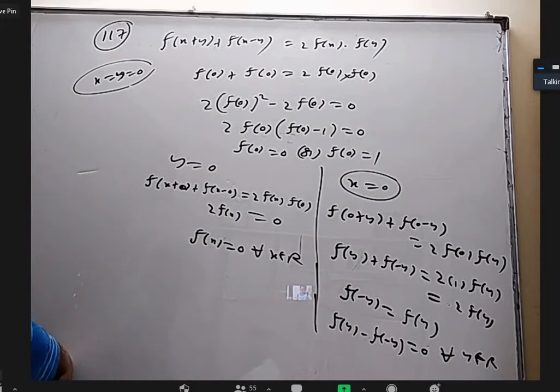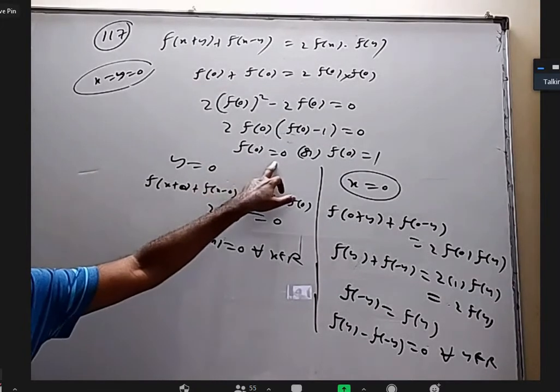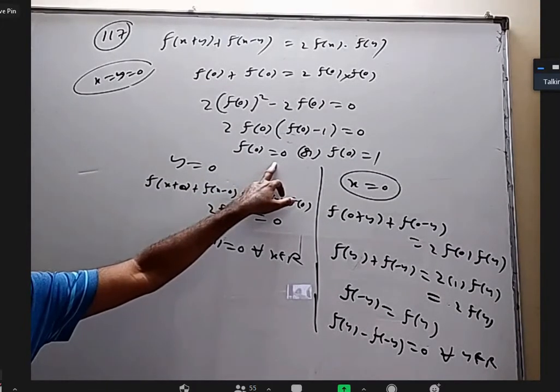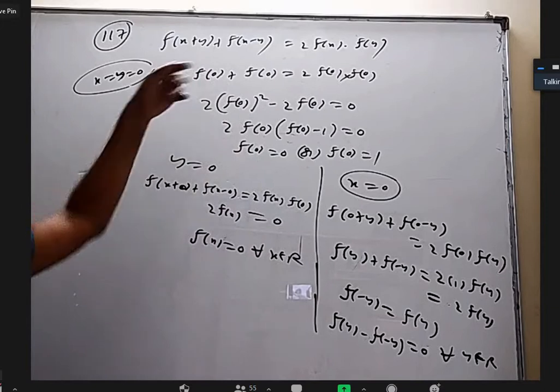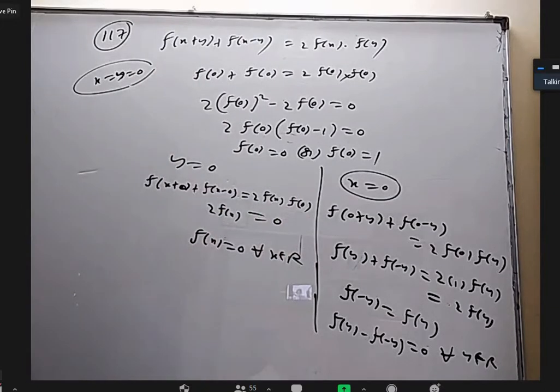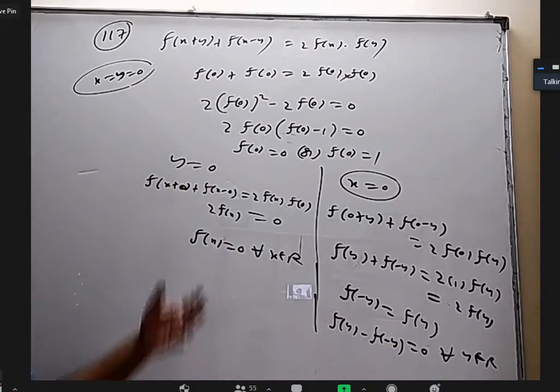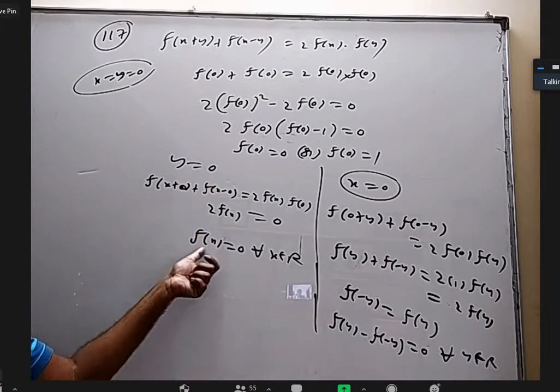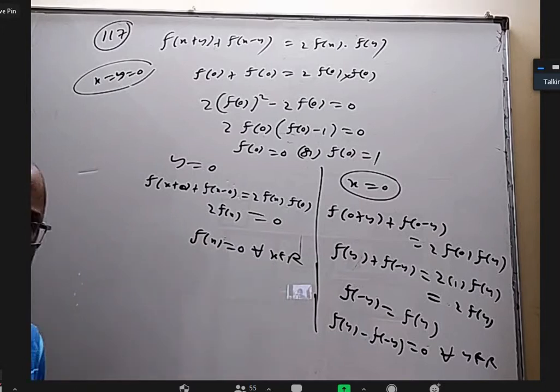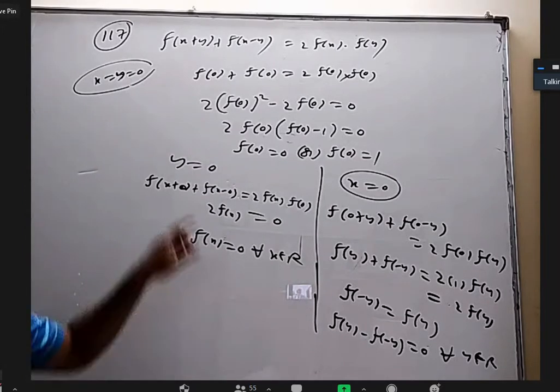Yes, please. So in the case y equals to 0, when we will substitute f of 0 equals to 1, then what will... It is not the case y equal to 0. Case of f of 0 equal to 0, that case. I can put x and y anything I want. I can put 5, 7, 9, anything. I just kept y equal to 0 just to see what happens. And I did not expect, but I got f of x is 0 for all x.